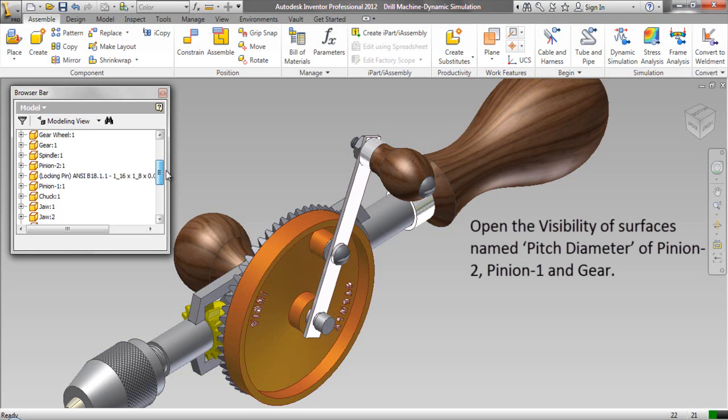Open the visibility of surfaces named pitch diameter of pinion 2, pinion 1 and gear.